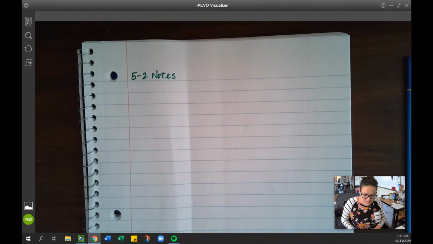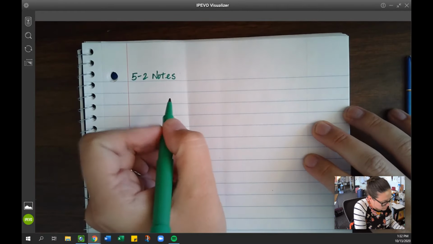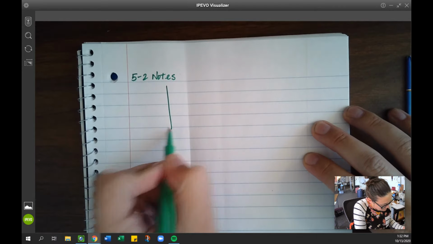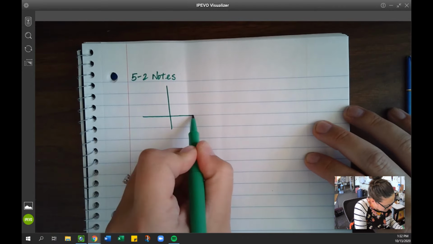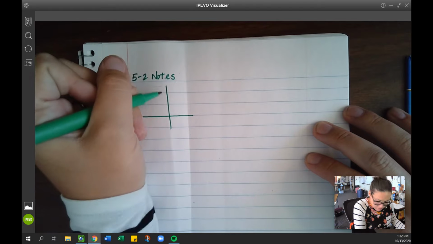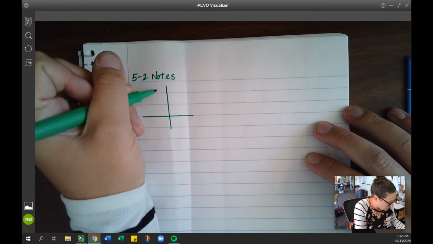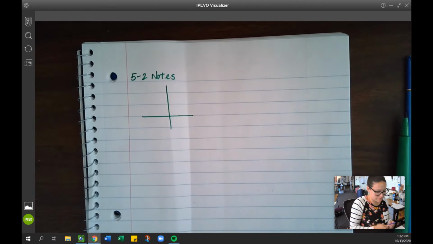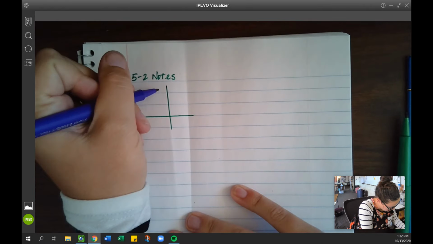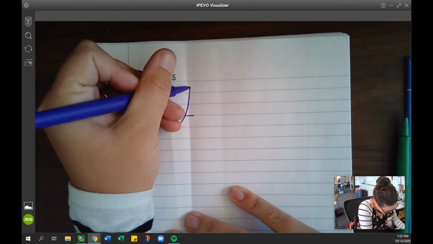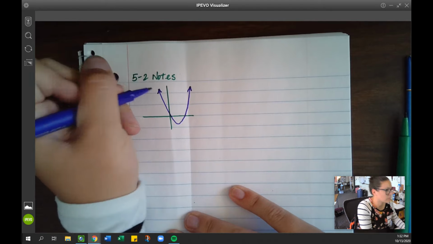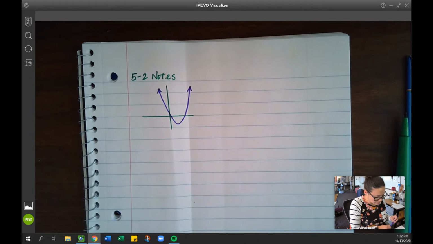All right, we are going to get started with the 5-2 notes. So let's just talk about quadratic functions. If I have a parabola, so here's my parabola. Let's talk about some important